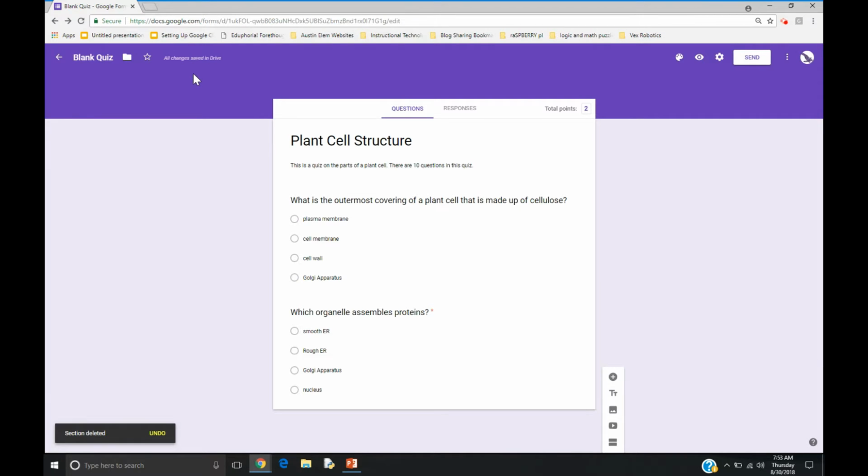So as with anything else in G Suite, this saves automatically, and I'm just going to change this question name again to plant cell structure. And once I'm done with that, as you can see here, all changes have been made. Once you've done that, we go to Google Classroom,